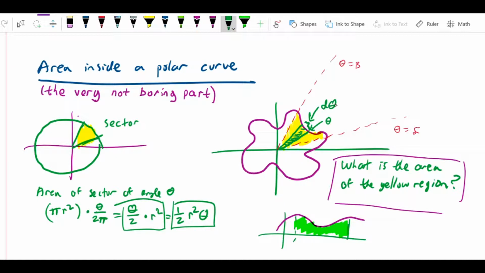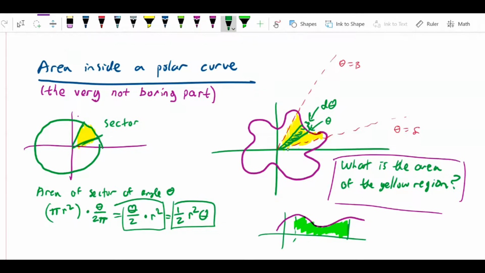d theta. You should have mastered this principle by now: if I give you a quantity, say I have something called Mars and I want a little bit of Mars, what do I call it in calculus? I call it d Mars. You put the d before it, that means the little tiny bit of it. So the total angle through which this green slice exists is called d theta,